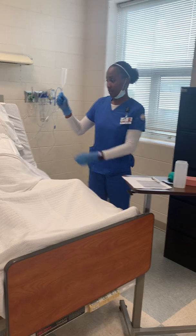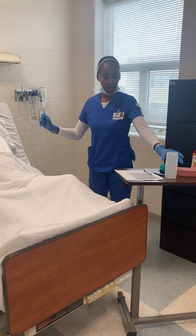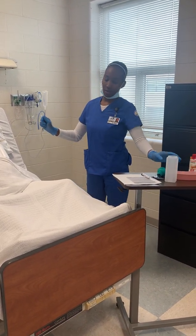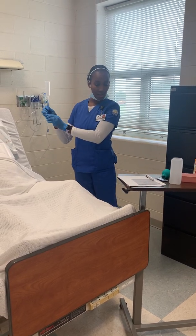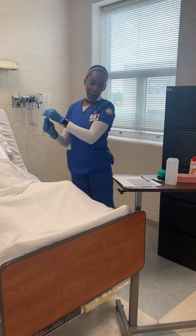And once that goes through, I'll clamp it again, 50 milliliters, and let that run through. And she's tolerated it well, but